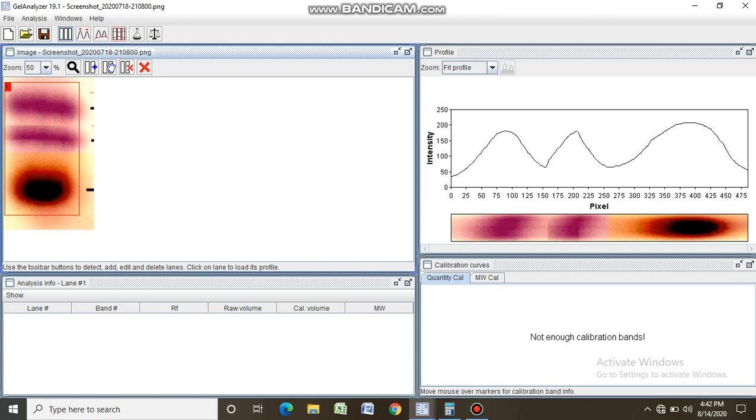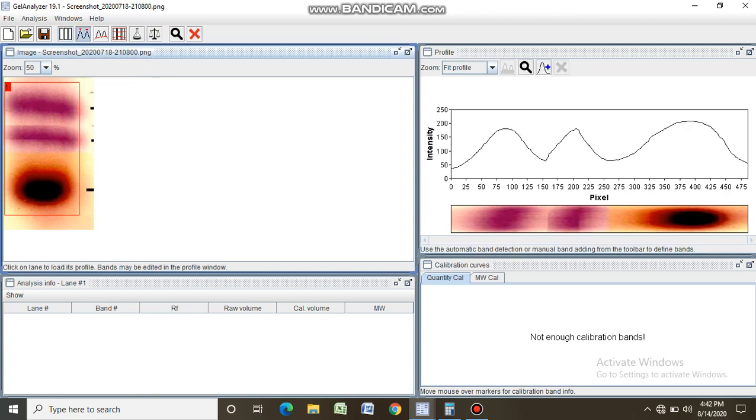So next we'll go to bands mode. Click on bands mode. Next, add band manually. Select the add band manually option and click at the start and at the end.